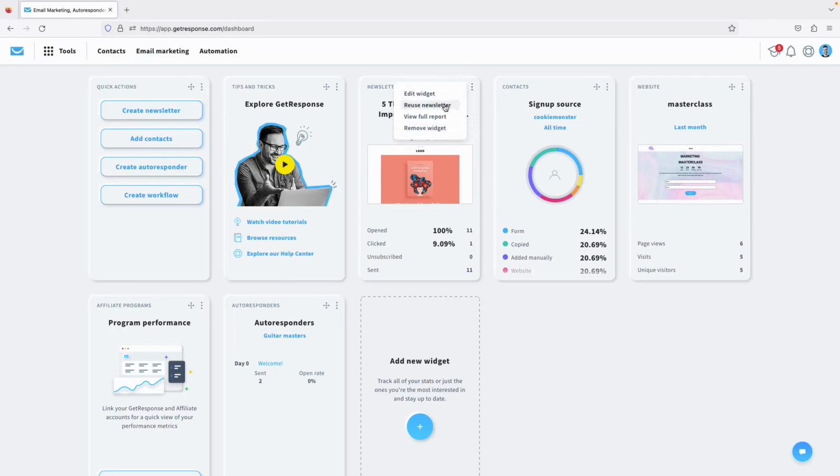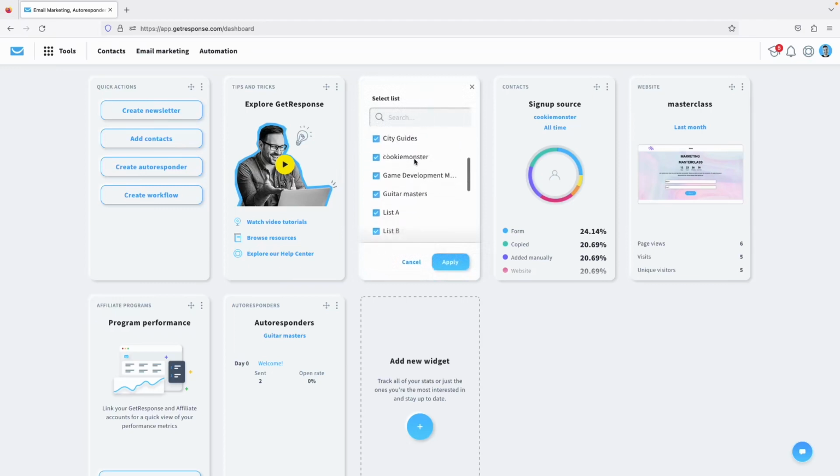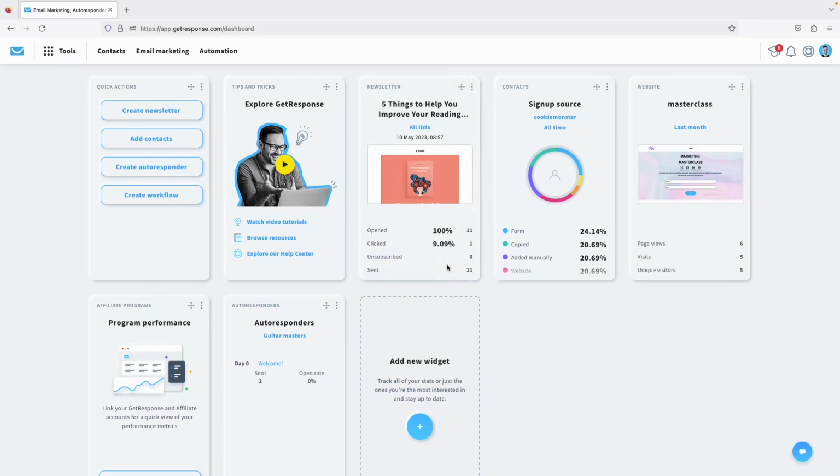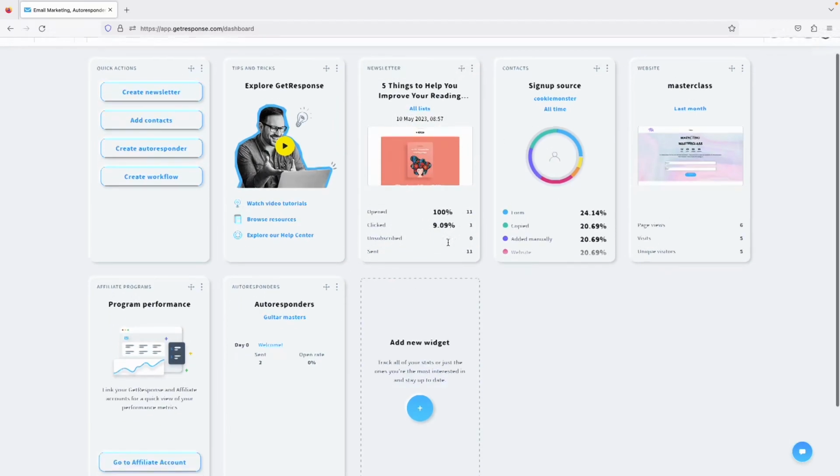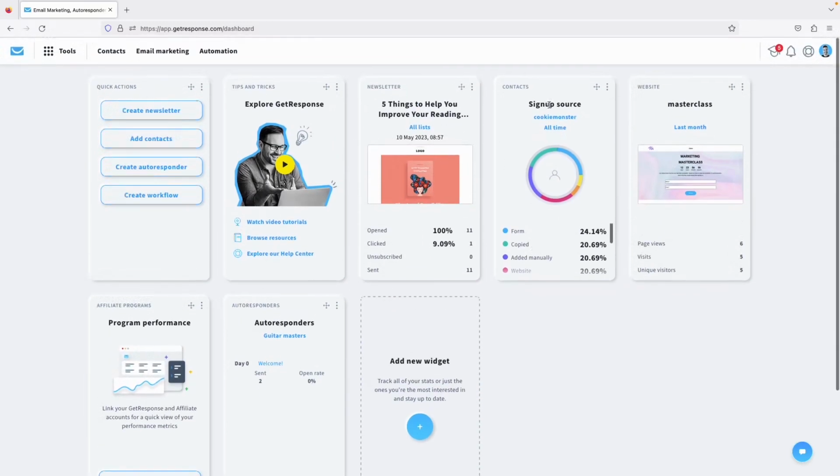This will show based on the most recent as well, but you can edit this widget and select based on a specific list, and ours is not appearing here because we sent with perfect timing, so in 24 hours it would appear, but this is the last one that we sent. So you could see the stats at a glance, and also sign up source, you can see over here, and